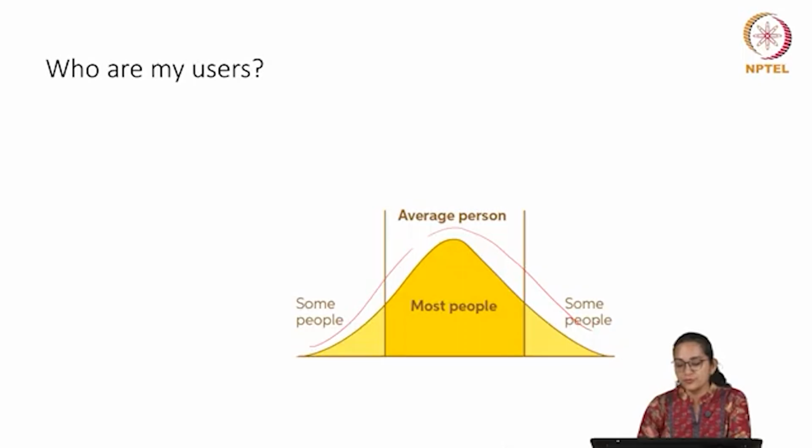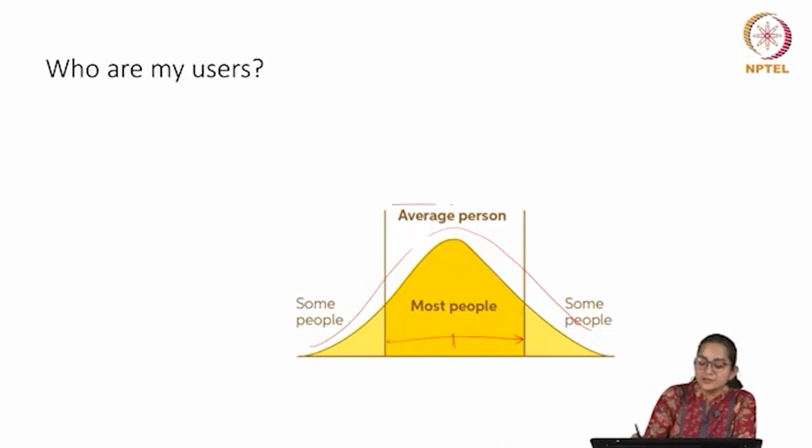And whenever we throw a random population on any parameter on a graph, usually it happens that most people fall in the middle. 80% of people fall in the plus minus sigma zone, and the average user, basically what we say, the average height,